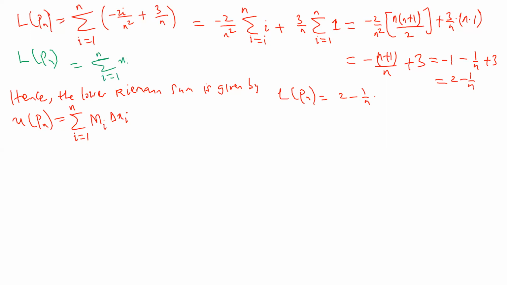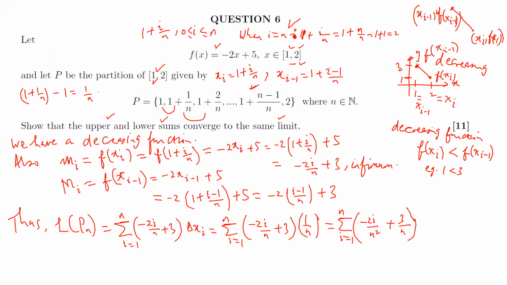If this small m_i is the infimum times delta x_i, this one therefore becomes the supremum. What did we get the supremum to be? Previous page. The big M